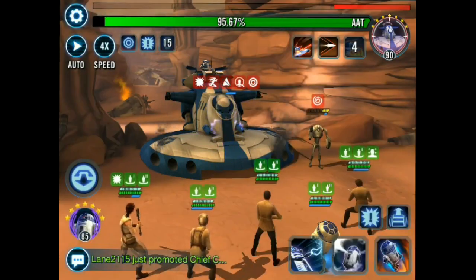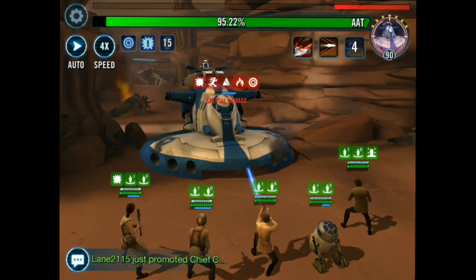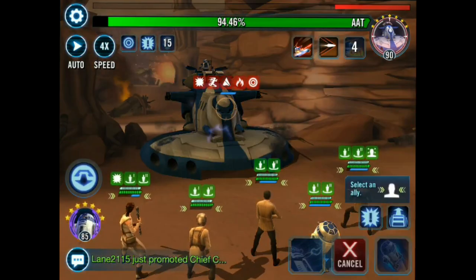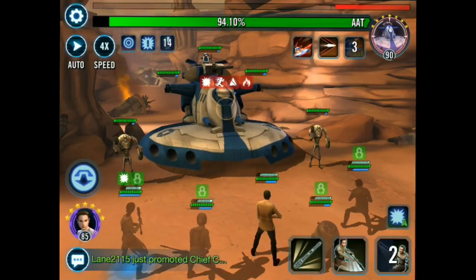So getting that tenacity down on the main body of the tank and then just going hand with exposed abilities, you have Resistance Pilot and Finn who both use specials for exposes, same with Poe and his taunt, and then Resistance Trooper has the expose on his basic attack. All of those abilities are going to do a lot of exposes, so using him in a team like that